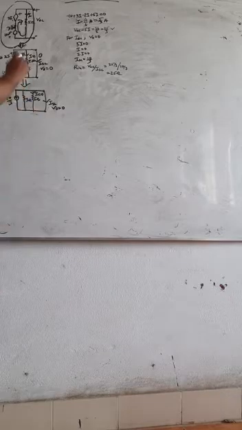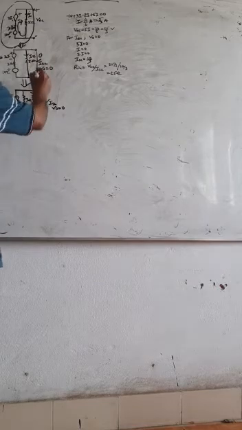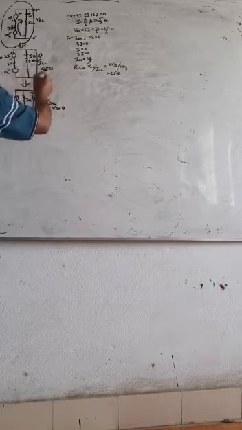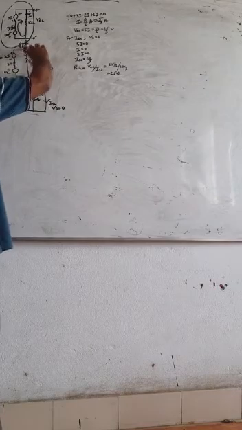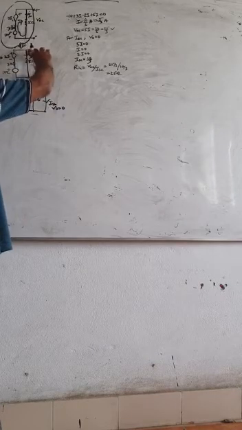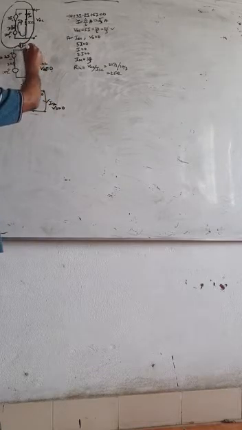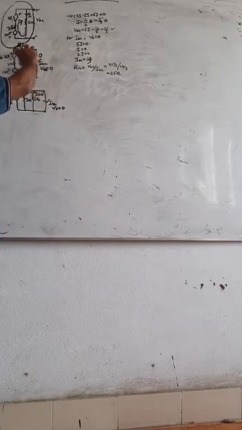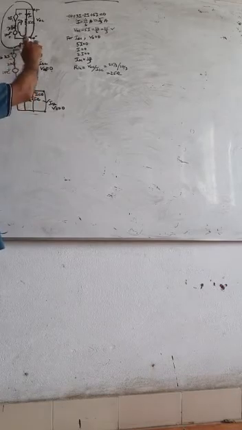Now, second step, make the load short circuit. If the load is short circuit, then the open circuit voltage VOC is 0. If VOC is 0, this is 0 voltage, and this is also 0 voltage because these are parallel. No resistance is connected between them. So if this is equal to 0, this also is equal to 0. Voltage drop here also is equal to 0. So I is equal to 0. Entire short circuit current will flow from here to here.